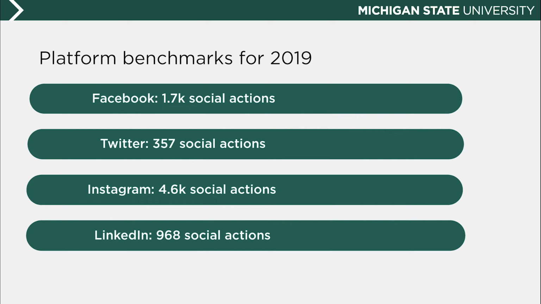I think it's really important to have some sort of benchmark, whatever that looks like for you. Essentially, a benchmark is just taking all of your posts. So say you have 10 posts, add up that engagement and then divide it by 10. You can also take out the highest performing and the lowest performing. You can kind of just come up with what works best for you and how you really want to measure your data. At the end of the day, I think the most important part is just having some sort of